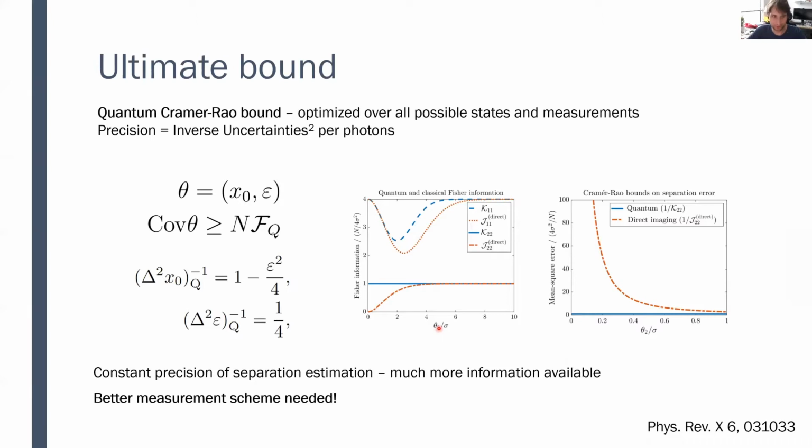contribution of the quantum information science for this has been to notice that, in fact, this epsilon squared scaling is not fundamental. So it turns out that if you consider the quantum Fisher information, which is the Fisher information optimized over all possible measurements of the optical field, then the information or the possible precision of estimating the separation is actually constant. So it doesn't fall for small separations. Furthermore, you can also still estimate the centroid of this composite source quite well.